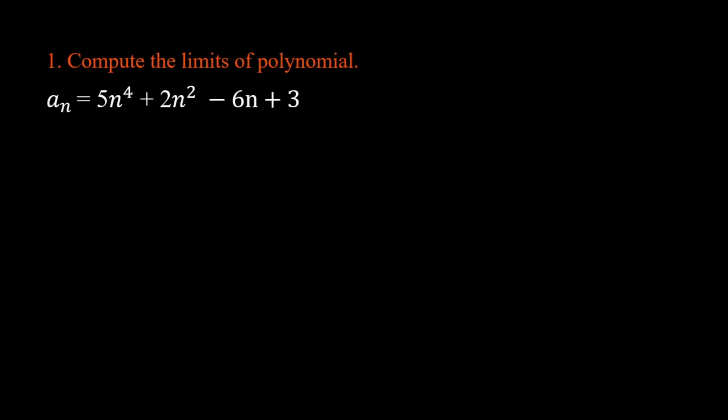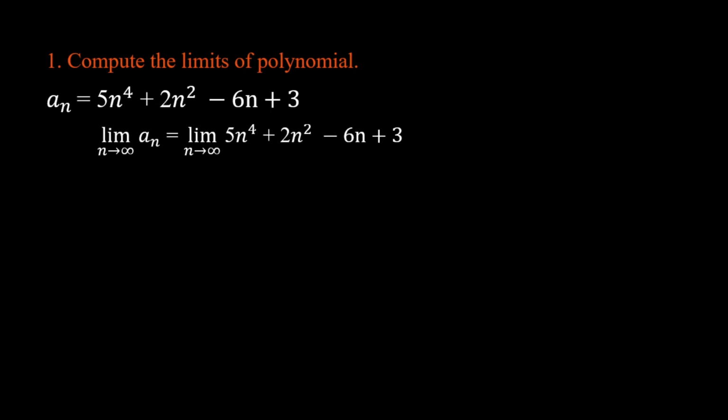Given a sub n equals 5 times n to the 4 plus 2 times n squared minus 6n plus 3, you put the limit symbol for all of them, and then you separate them each into their own limit symbol. And then you can use the theories that were on the first page of the theory section and clarify all of it. So for the first one, 5 times the limit of n to the 4 as n approaches infinity, you'll get 5 times infinity. As you know, n to the 4 is always